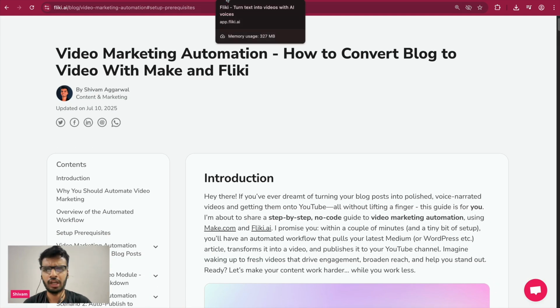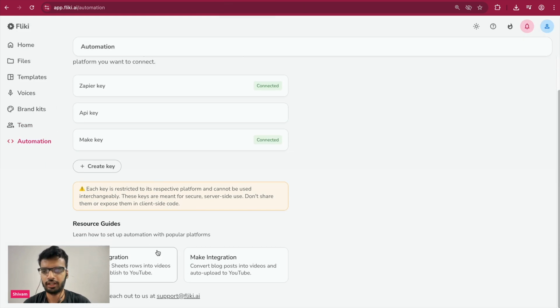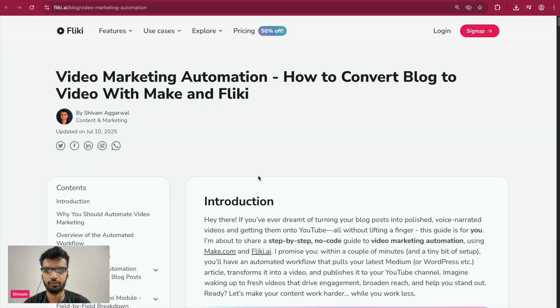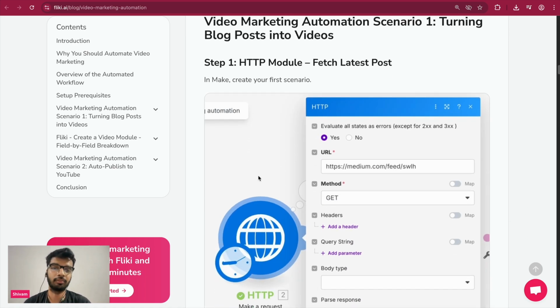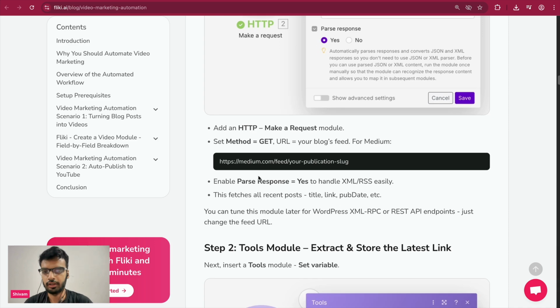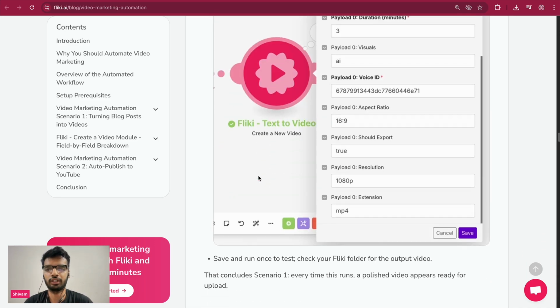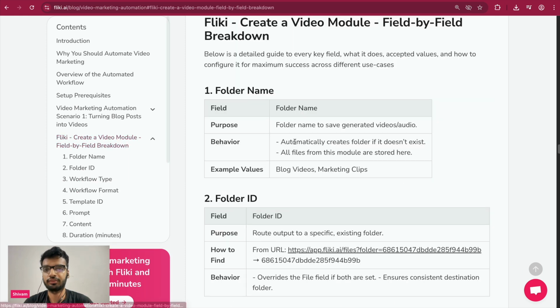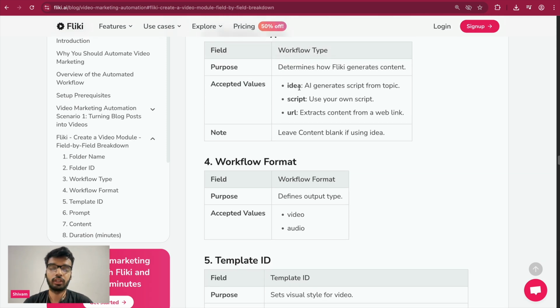So how to access this guide? Again, you can go to the automation tab over here, and you have these guides for both Zapier and Make integration. Let me open both of these, and I'll quickly show you. Again, this showcases the exact step-by-step process. If you miss something, you want to follow along and have a text manual for yourself, you can do that from here. In fact, it has a particular section which briefly describes every field name in the particular Flicky module,